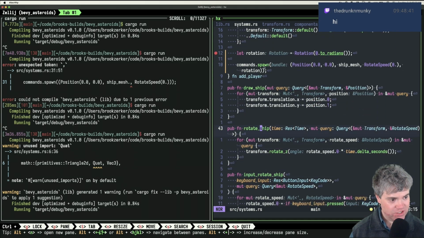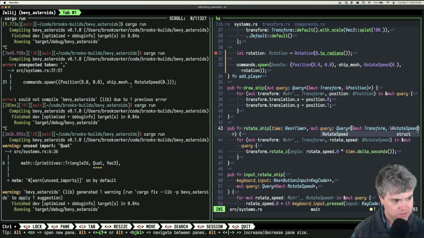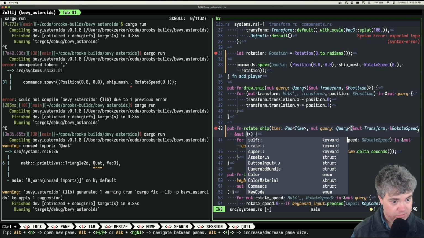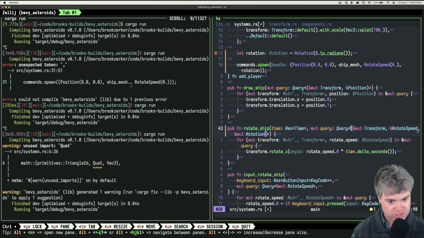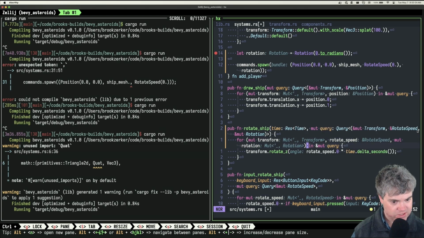Now when we rotate the ship, I want to not only get the rotate speed, which is happening when we have the inputs. So we have a system for, let's say I want to also get this rotation. And I want this to be mutable because we're going to update it, right? So we want rotation, like that. Okay, so there's a rotation.